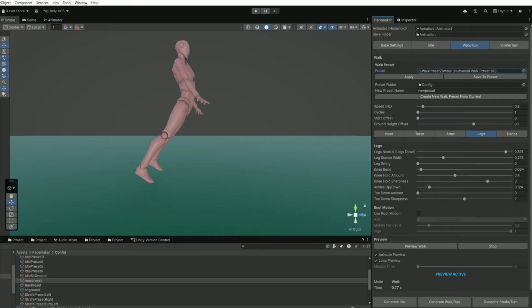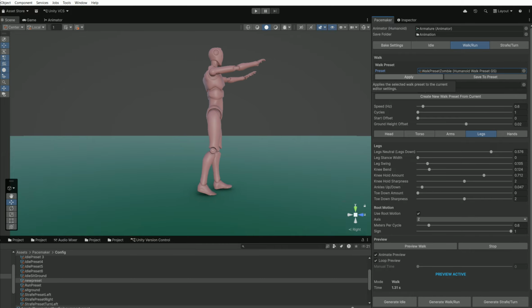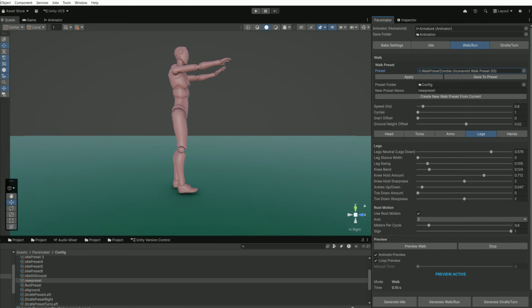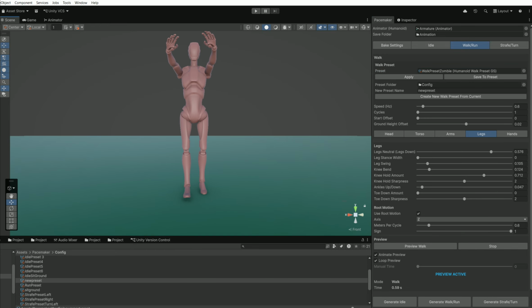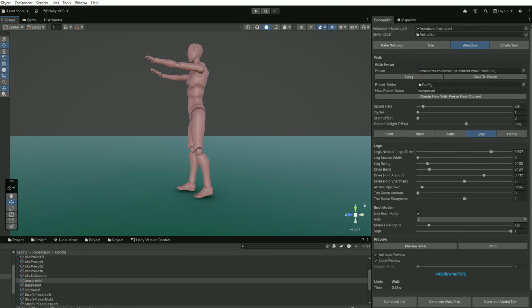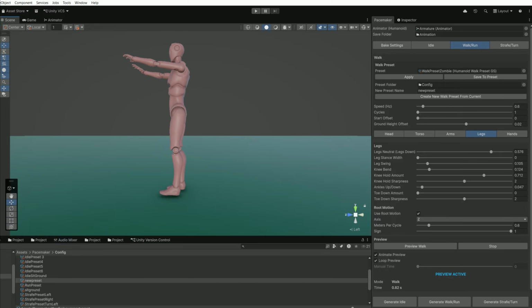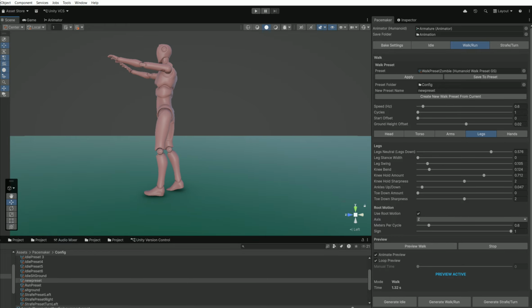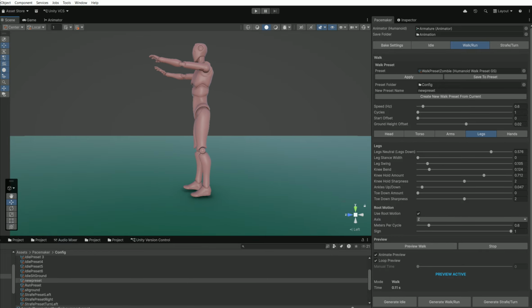And we have a demo zombie walk. Just with his hands up, minimal arm swing, and very short step. Once again, we could